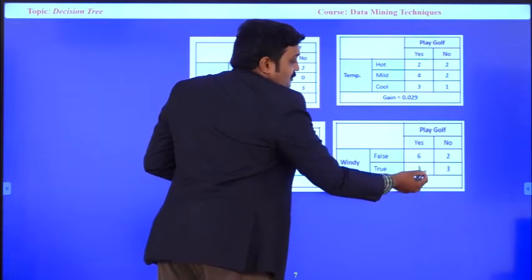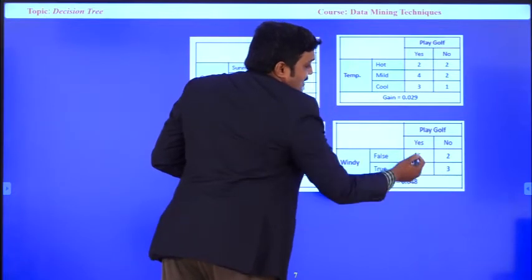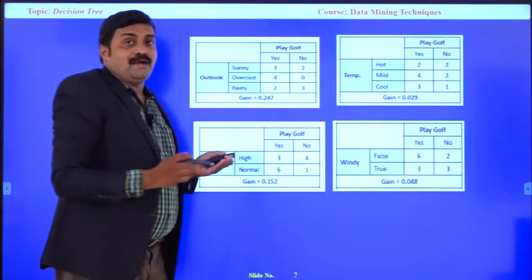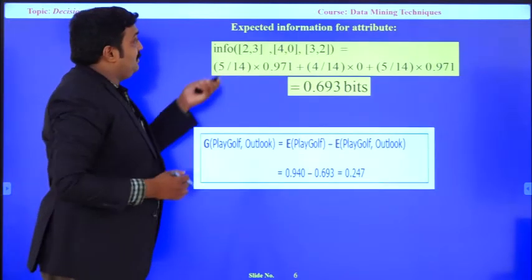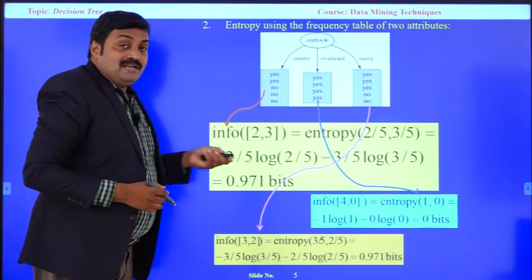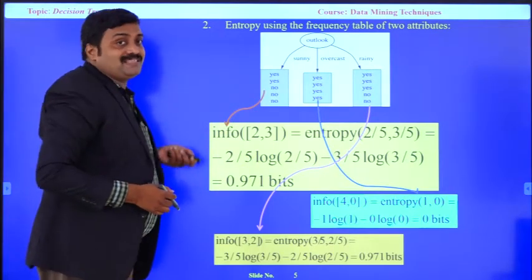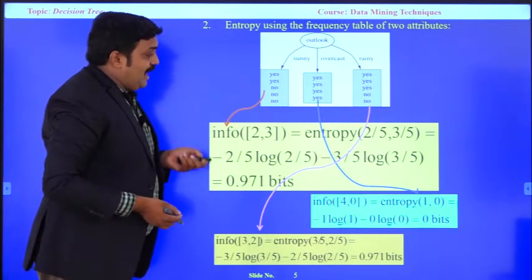And whenever true, 3 are going to play and 3 are not going to play. So total 14 records, 9 plus 5, 14 records. Match it. So now, as earlier mentioned, I am going to do the calculations like how I have done with the outlook. In a similar way, I need to do the same exercise for the remaining attributes, and finally I got the values